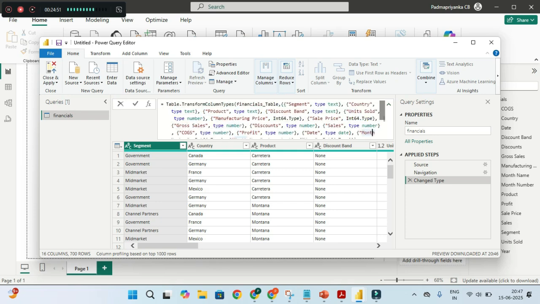Similar to other data languages, structural languages like SQL, you can also use Power Query, which is language M. This is also usable in Excel, which makes it a lot easier for us to import data from Excel